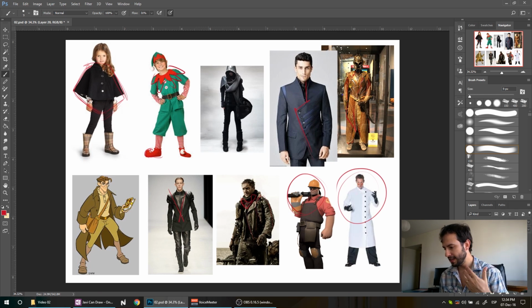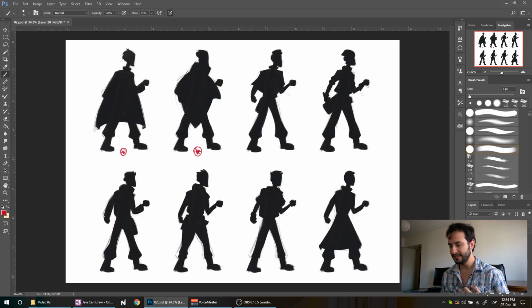So let's now move on to the next step, which is going to be the silhouettes. Now this is going to be the silhouette for the father. Now I have to be honest with you, the ones that have the red asterisk are the ones that I chose to elaborate on. They are not actually my favorite ones, but the thing about the other shapes that I have is that, well,